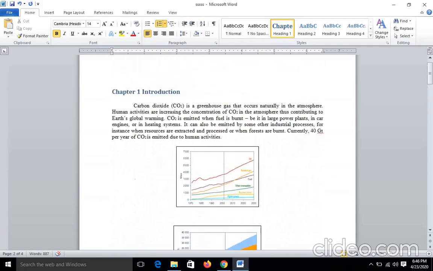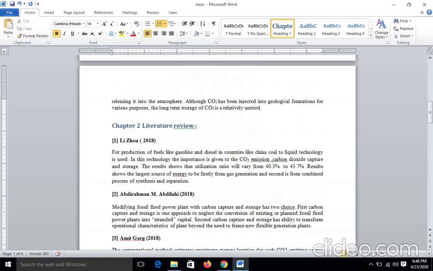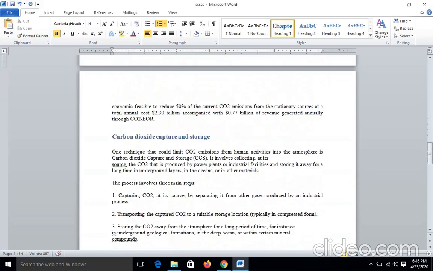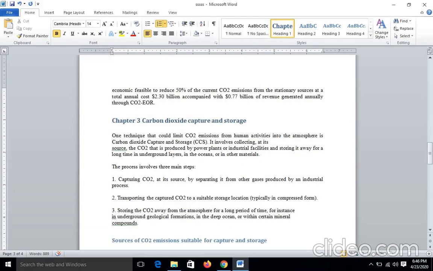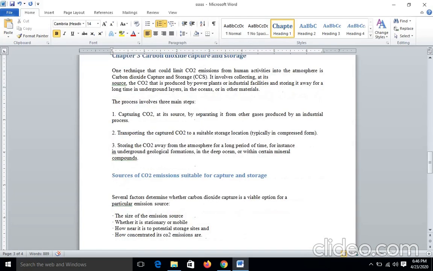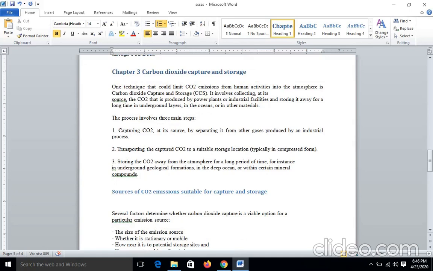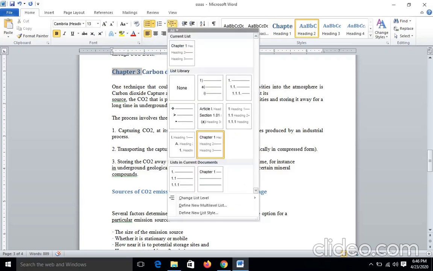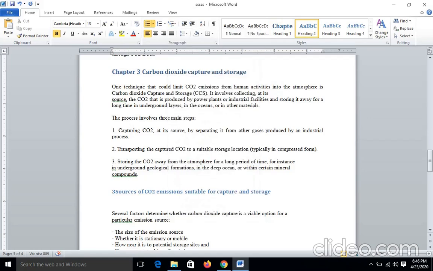Then go to the third. Likewise you need to select the multi-level option and allot the chapter number first. Then in some chapters you have sub chapters. For example, in chapter number 3 I have a sub chapter 3.1. So we need to follow the same procedure, only we need not jump directly to the chapter option. First of all we need to write 3.1, that is the number of the chapter, then go to the multi-level list option. Here I am writing 3.1.